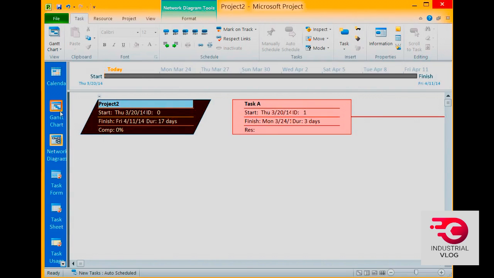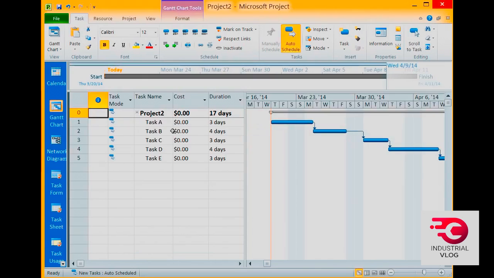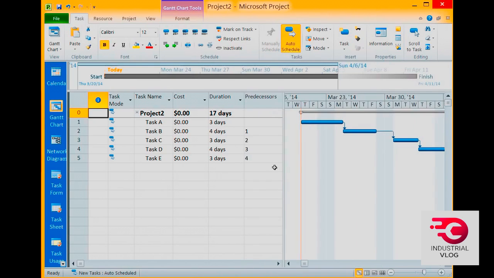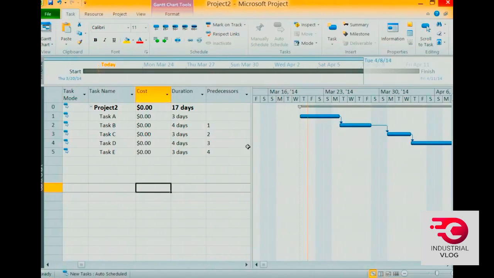Okay, so that should give you kind of a basic overview of the ways that we can get some data into Microsoft Project, how to navigate around to different table views, to different views about our data, how to enter some basic task information, how to change the duration of those tasks, how to link them together, and how to also get a summary information about our particular project. Before we conclude this video, there's one last thing that I want to address, and that is setting the